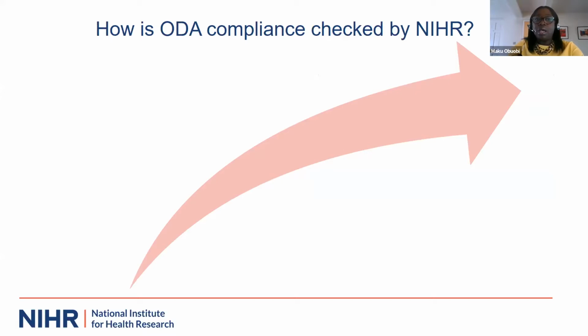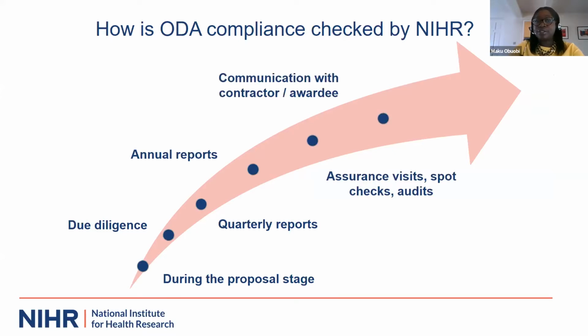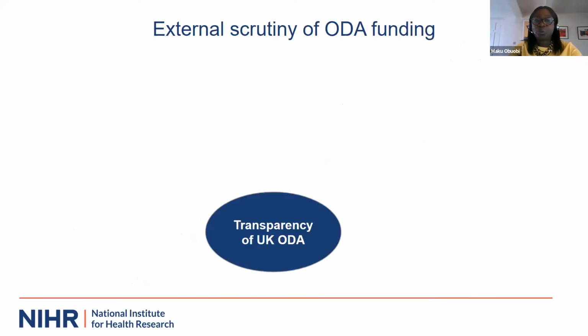Compliance to ODA guidelines is checked throughout the project life cycle, from the proposal assessment stage right through to project completion. Those involved in these checks include NIHR program and finance managers, internal and external auditors, and the general public. In addition to NIHR's internal checks on compliance, there are external structures, government departments, and agencies with oversight of ODA spend, who also regularly review all of the